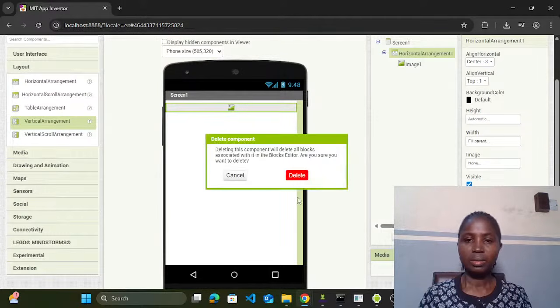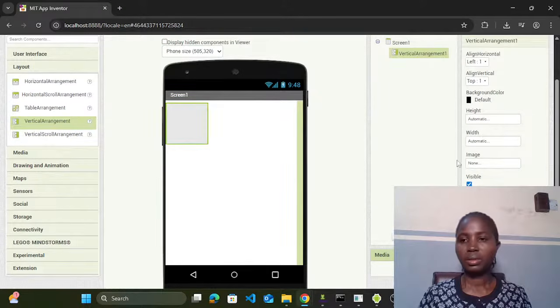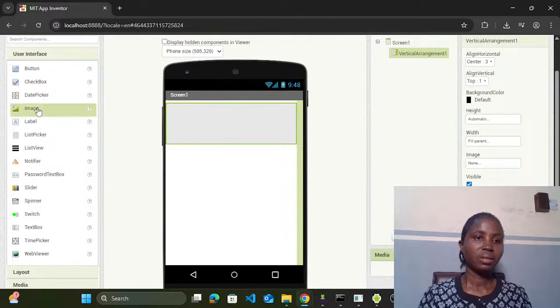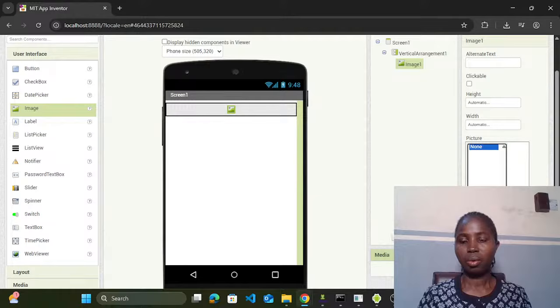Let me delete the horizontal and bring in vertical. Okay, so same thing I did to that one. Fill parent, say okay. The horizontal, okay, so go back to user interface, image, drag. Okay, I have the image there. Then this is the image where I'll use this one to bring my picture. So let's go here, look at here, picture, none. So I'll go to upload file,